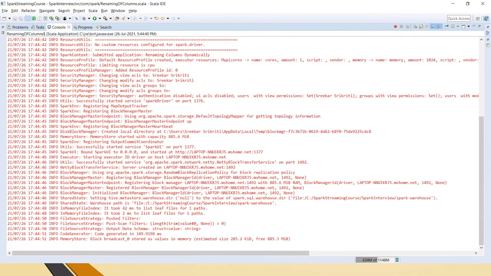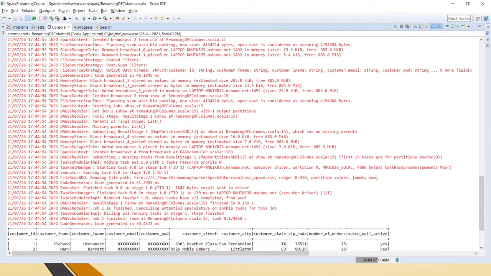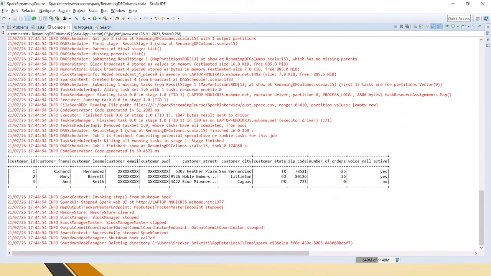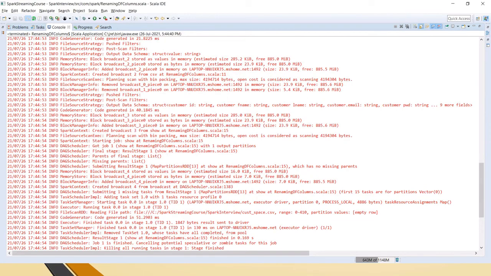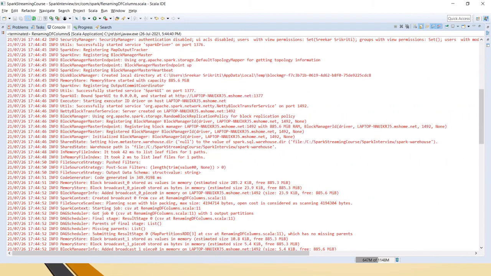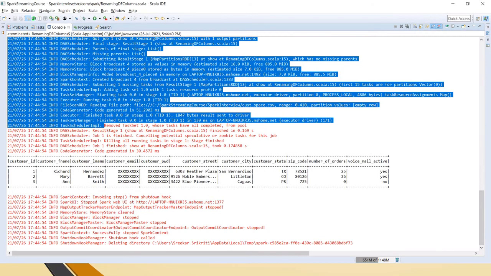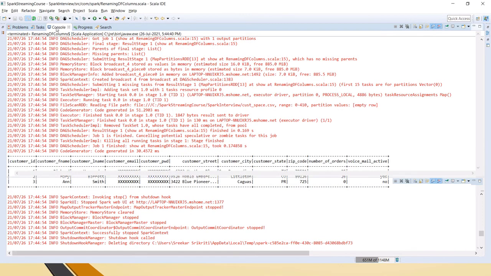If you notice, that exception is resolved now. That exception is not coming and it has printed the output as well. So don't get confused, this exception is related to WinUtils. This is something else. There is a video on this as well, you can go and watch it. And our bind exception is resolved, and we are able to see the output as well.